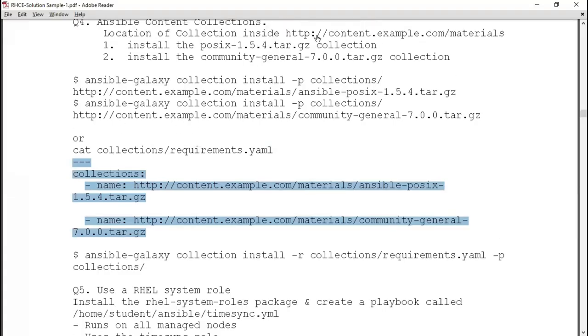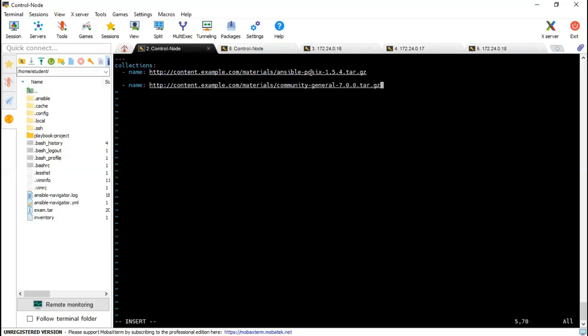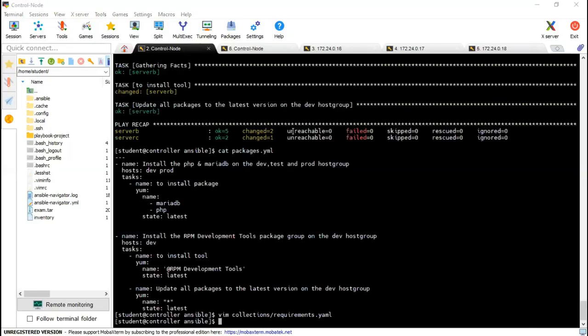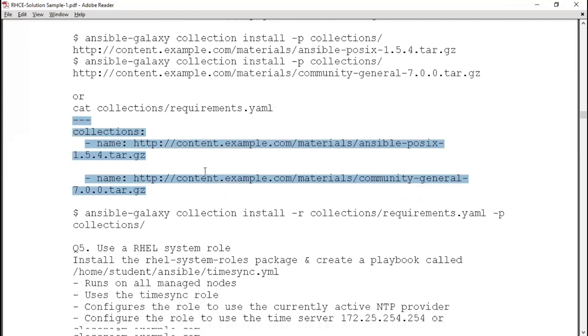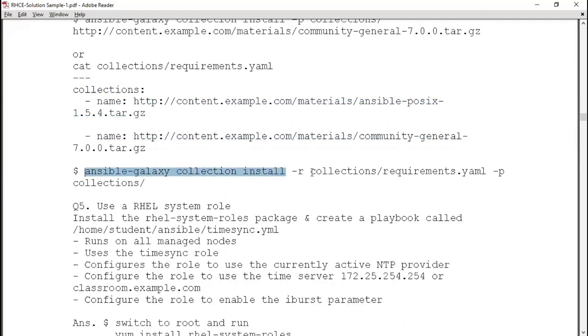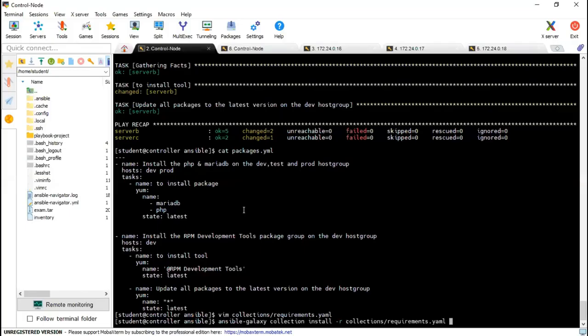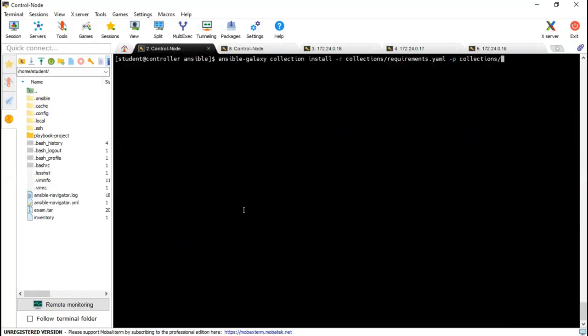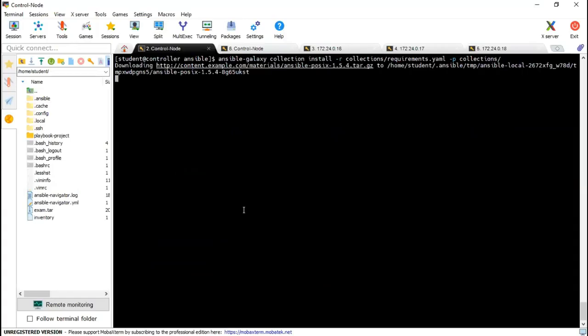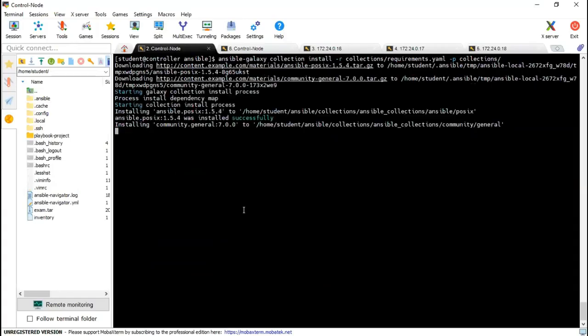So it's saying that this is the location and this is the name of the collection. So this location and that collection name I've written there. Now save this, come out, and then run the command to install this collection. -p collections. Done.